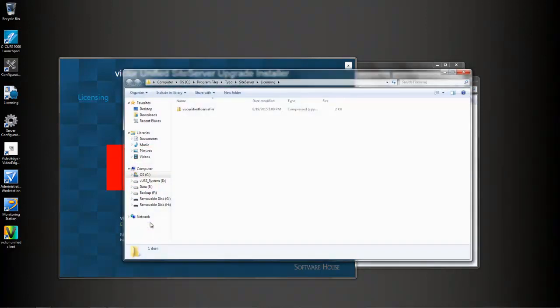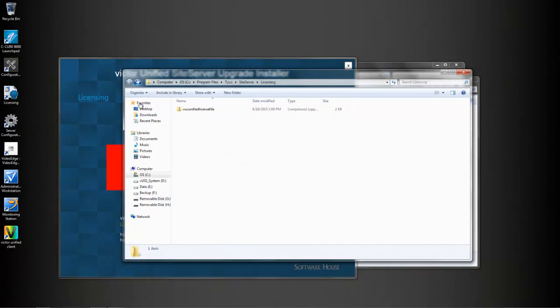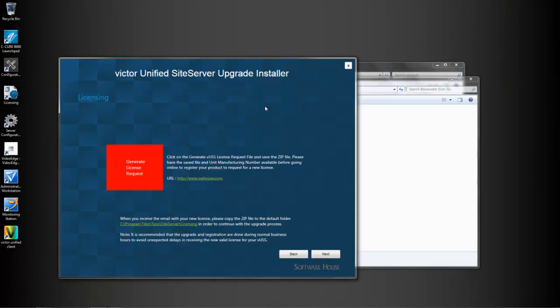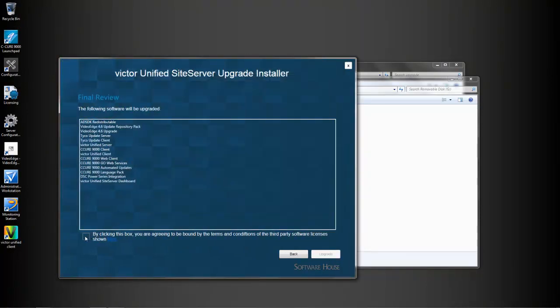I'm just going to choose this hyperlink again in the installer to open up that licensing directory, and that's where I need to copy that license file into. I'm just going to navigate to my removable media, copy that license file that's been sent to me, and drop it into that licensing directory, and I can just close out of that. With that done then, I'm going to choose Next, and you can see I'm being prompted to point to that license file, so I'm just going to choose the file itself,